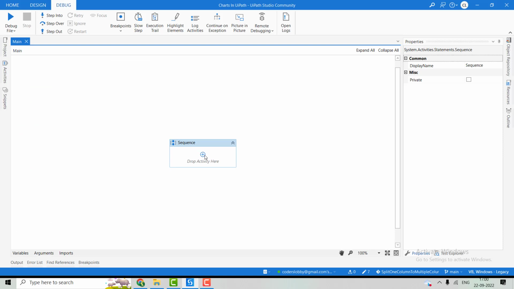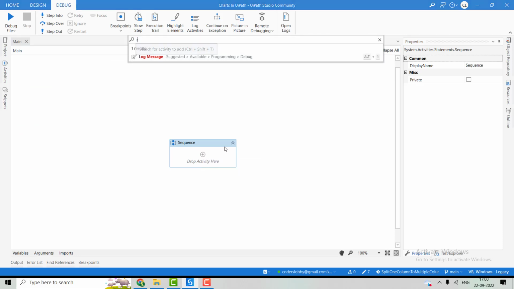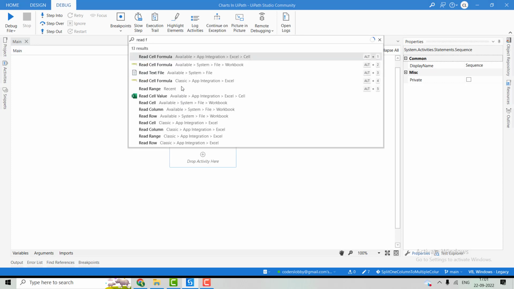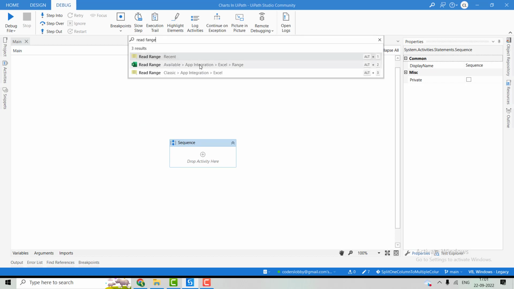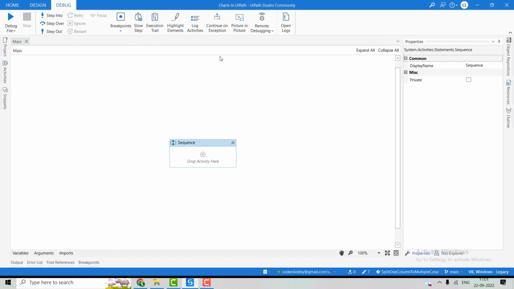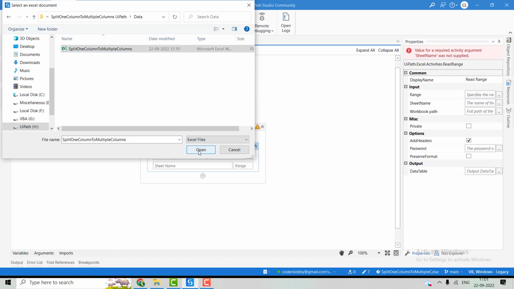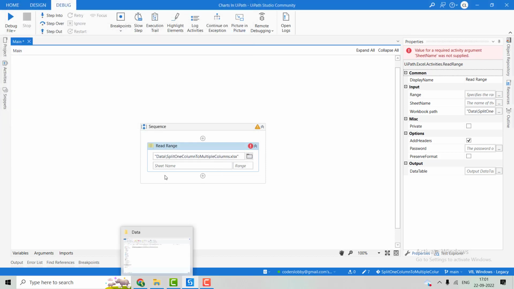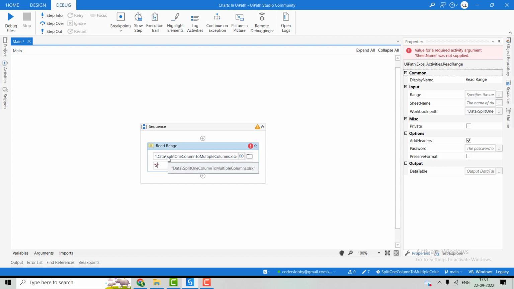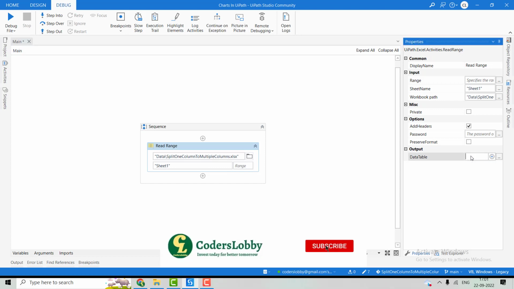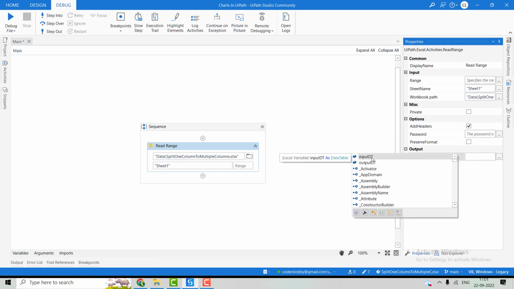Okay. So first of all, what we have to do is we have to read the file. So for that we'll use the read range activity. Okay, so we will use read range workbook activity. Okay, let's select the workbook from here, and the sheet name was sheet 1, and our data table will leave it blank, and let's select the output data table as input data table as input data. Right,